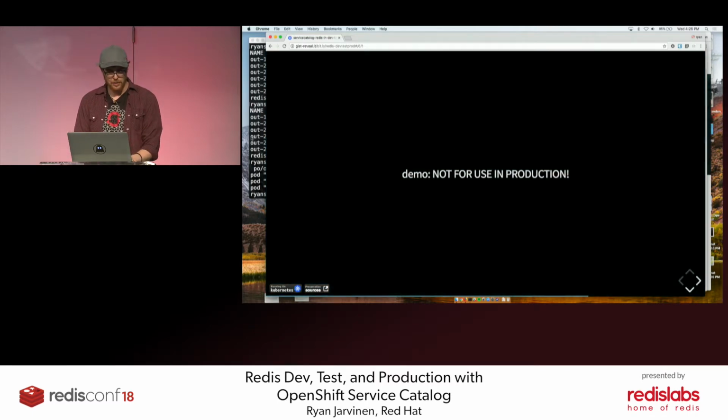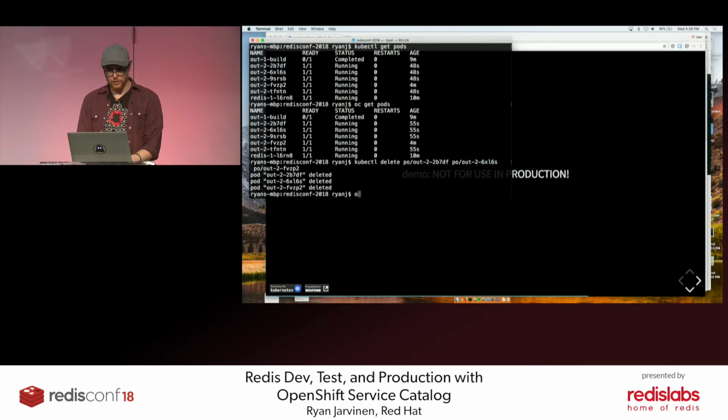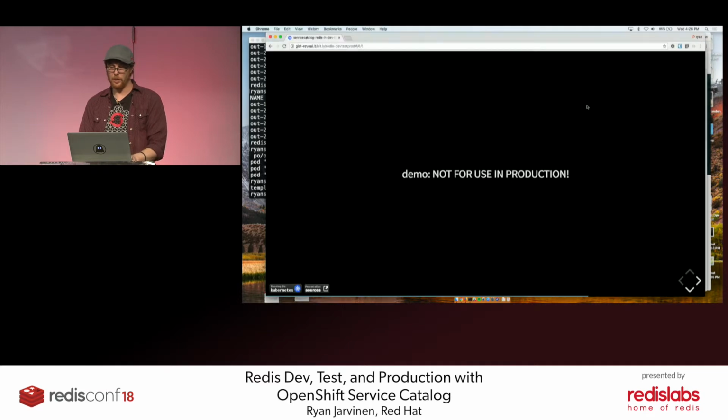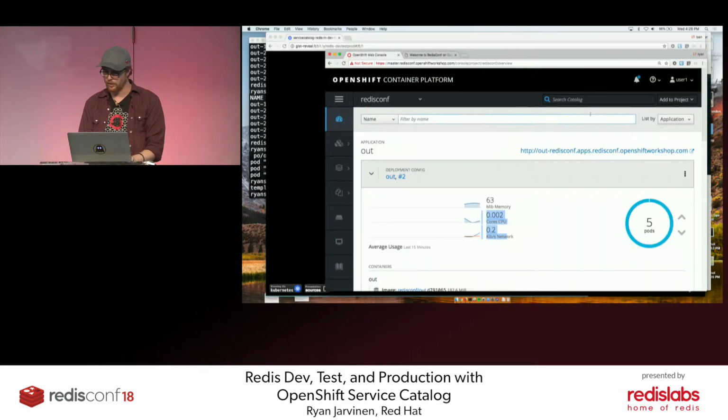Here's my quick demo. So I will do OC create -f, and I have a Redis cluster template. So what this OC create command just did is it installed the template into the template broker, which is being monitored by the service catalog. So now if I go back to the service catalog,